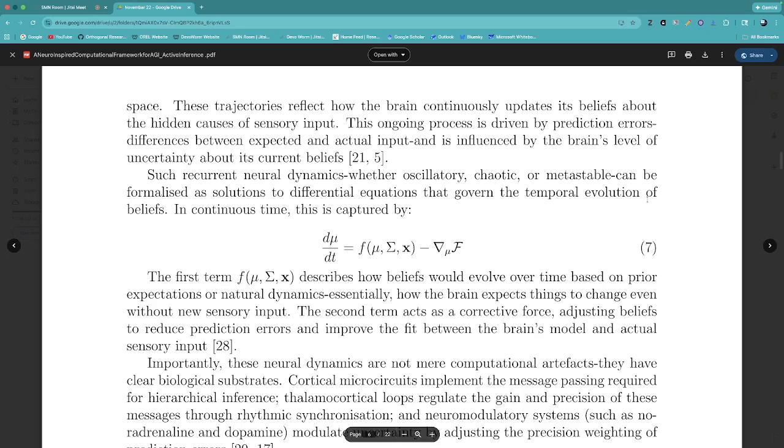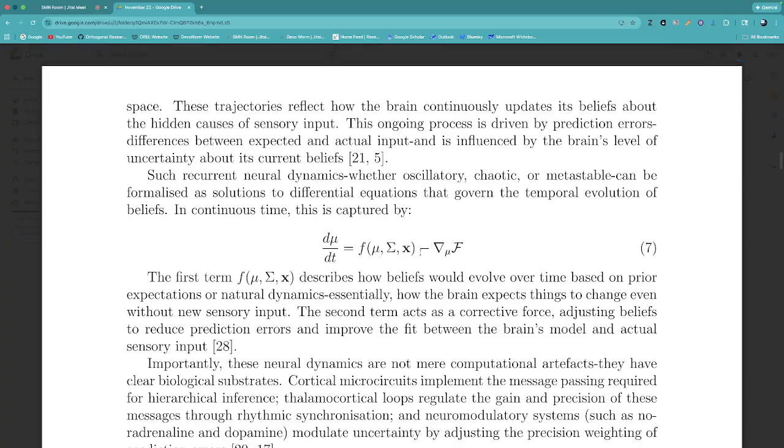So these are where we're describing our beliefs about the world as these differential equations that are going to become these dynamical trajectories, and then we want to understand how those evolve. So if we think about this in continuous time, we get this differential equation here where we have this gradient term, and then we're subtracting that from this function mu. And so we have this first term here,